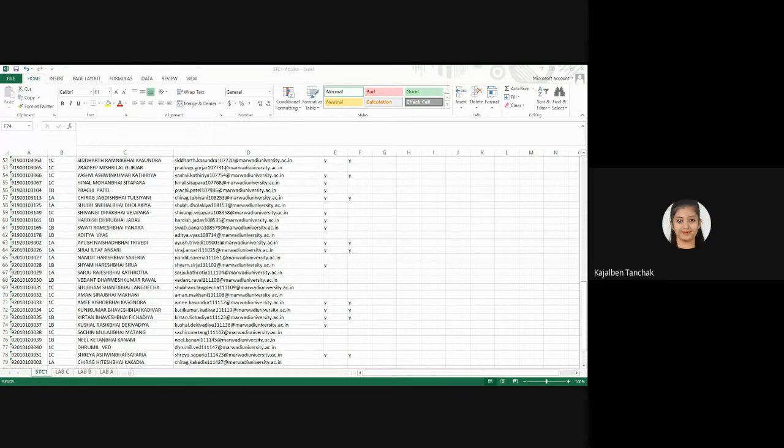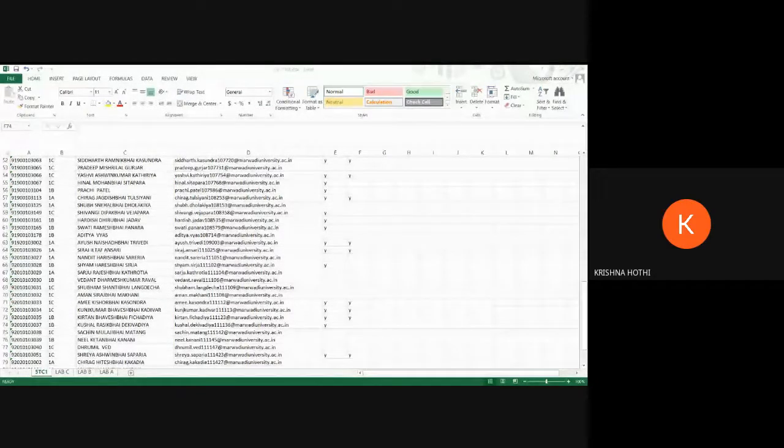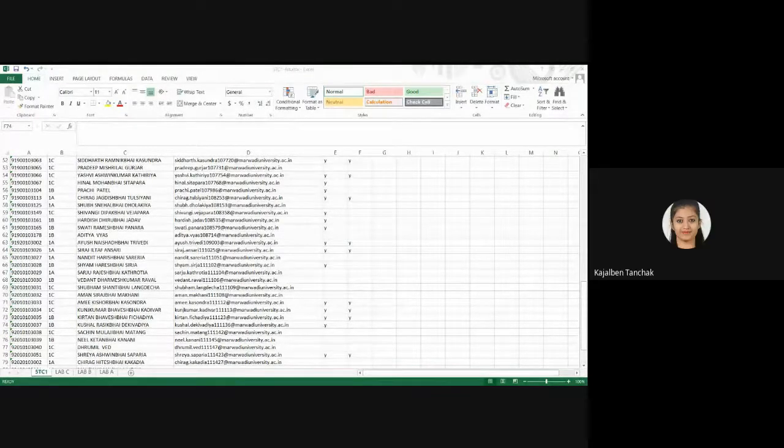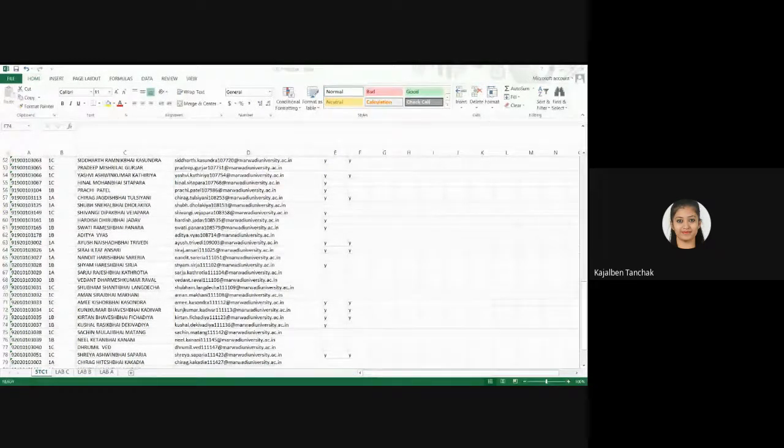Those who are remaining for the attendance, what I'm suggesting is you solve this example. Swati, I guess you have given the answer. I guess no, you have not solved the example. Try to solve the example first. Take a picture of that example. Send it to me on WhatsApp or Telegram. Then after that I'll give you the attendance. Krishna, I mark you present. Okay, ma'am. Thank you. Those who are pending with the attendance, if you want attendance for today's session, then try to do it by yourself. Submit me your answer and then take your attendance.